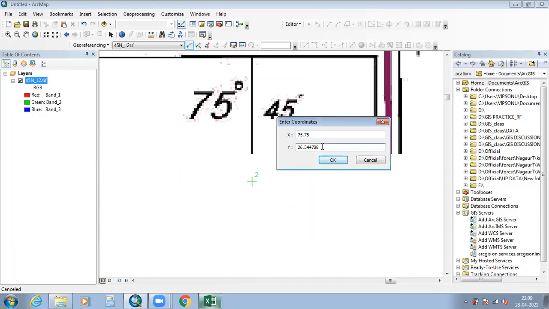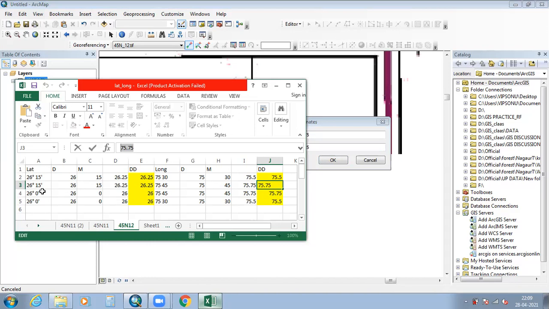And the latitude value is 26 degree 15 minutes, which means 26.25. Then okay.